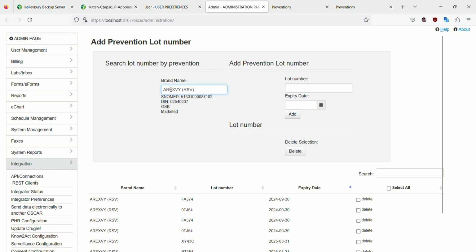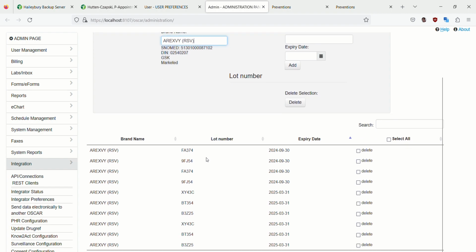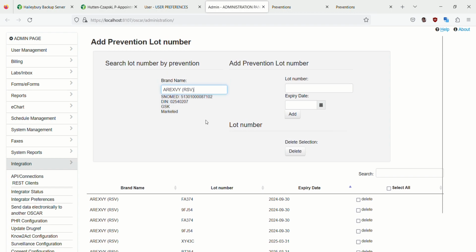By picking the particular brand, you have a SNOMED ID that comes out, the DIN number, manufacturer, status, which is marketed, and then you have a list of vaccines that are available in the system to be used,